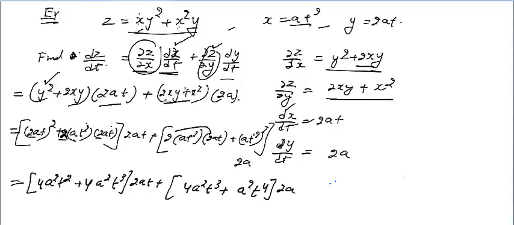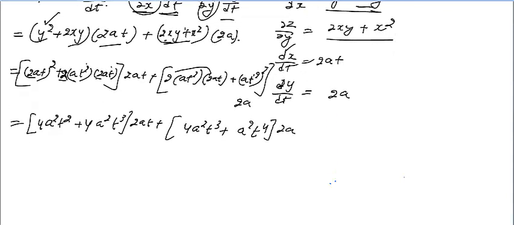Okay, so you will get 2a outside. So you need to get it common, whatever the common is there. Here 4 is common, a square is common, t square is common. So you can get it common. So 4 is common, you have a 2 already there, 8. So a square is common, a square into a cube. And what is t? t cube is common, t square is common. So what you have, 4 is common, a square common, t square common, you have a 1. 4 is common, a square common, only t plus.